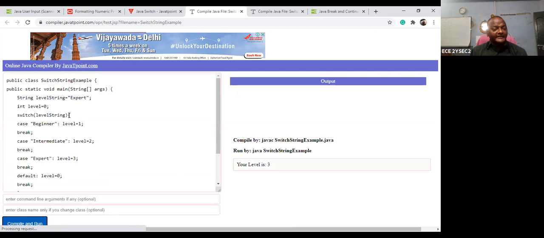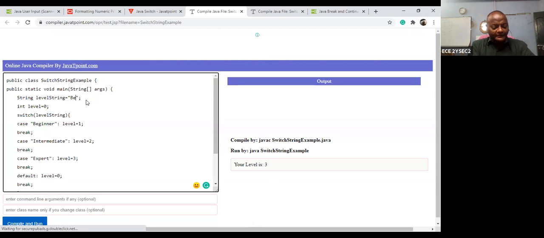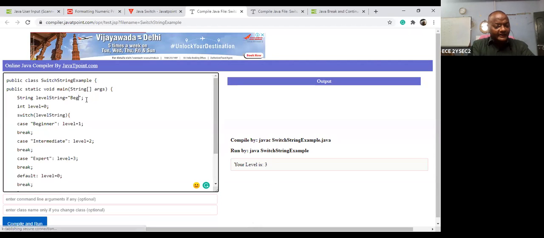What I'm saying is the level string is equal to expert. Then expert is matching here, so level 3, but no further instructions are executed. So let us take, I want to give beginner, B-E-G-I-N-N-E-R.